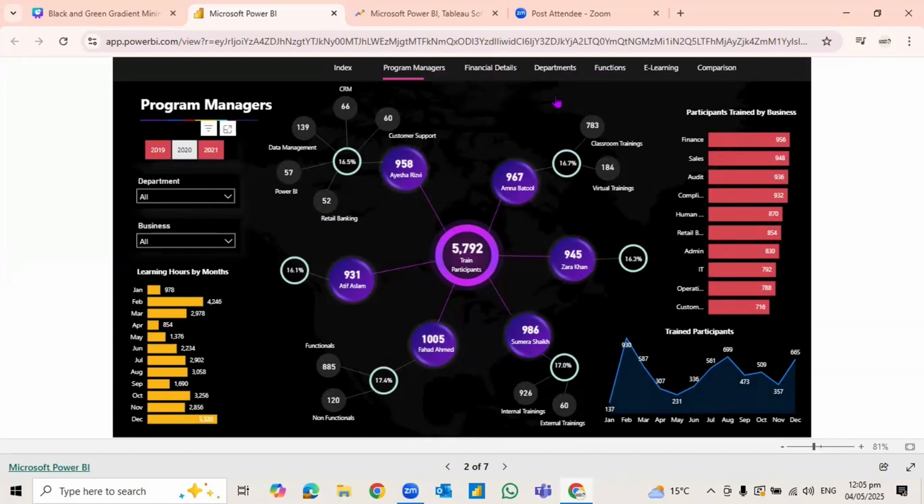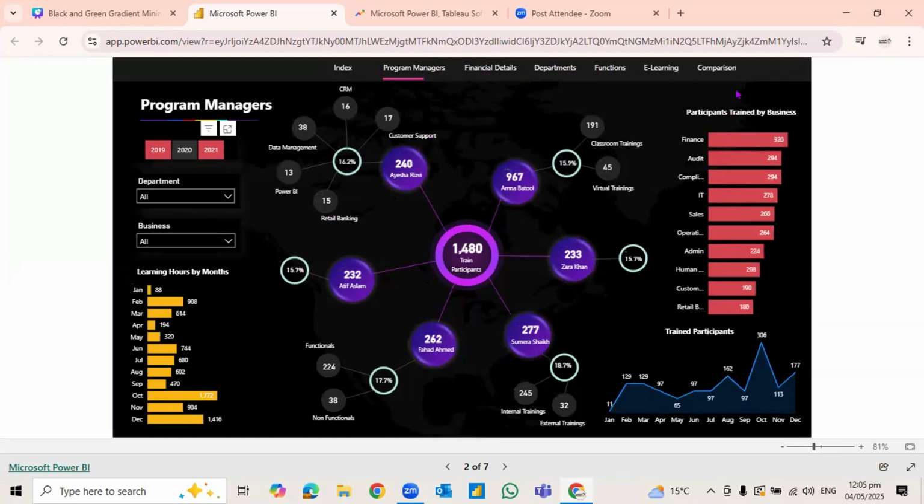If I just want to see 2020 data, I click on 2020 and this converts everything to 2020. And this has all been made from normal Excel that we download from our software. We simply create this dashboard, and this makes life easy.